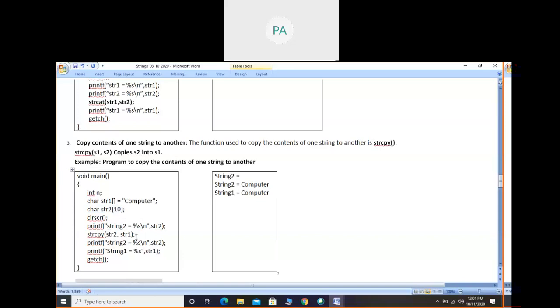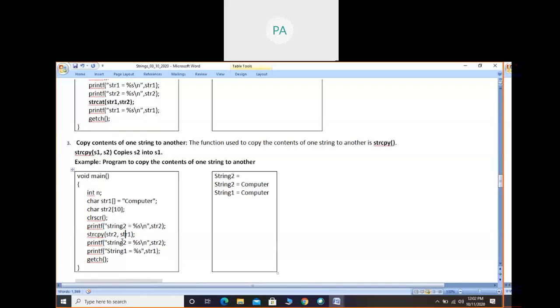Here, how I am copying is, I have not written str1 comma str2, I have written str2 comma str1. It means that whatever string you have written after the comma symbol is copied to the string written before the comma symbol. Here after the comma I have written str1, before the comma I have written str2. So str1 is copied into str2. If you go according to the syntax, actually I should write str1 comma str2, right? In this way also we can do it.